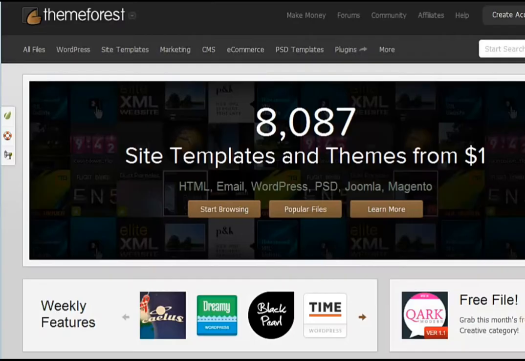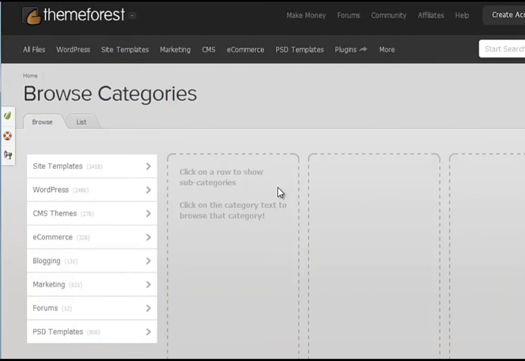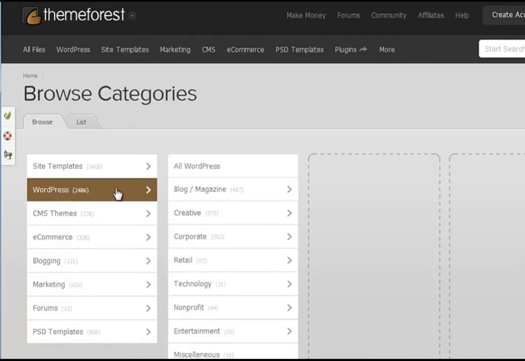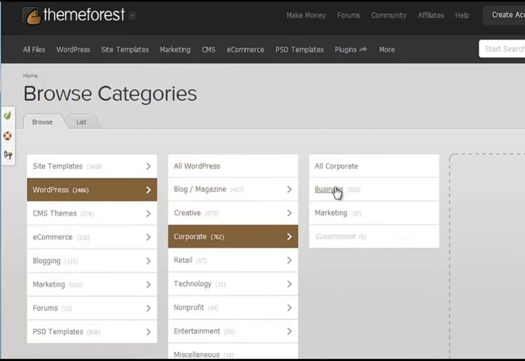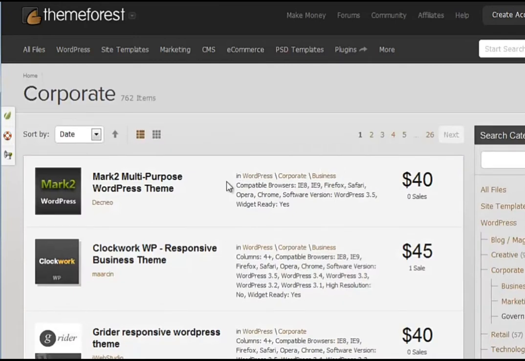Forest, which, the URL for this will be in the PDF that accompanies this course. As you can see, there's 8,000 at the time of viewing, and you can search by WordPress, which is what you want. Now these are themes that other people will have used. That's fair enough. And again, you can choose whatever. So your corporate look, you can go for that. It doesn't much matter that other people have used it. You won't be the only one in the world. There's millions upon millions of websites out there,